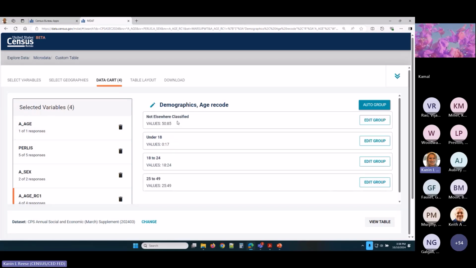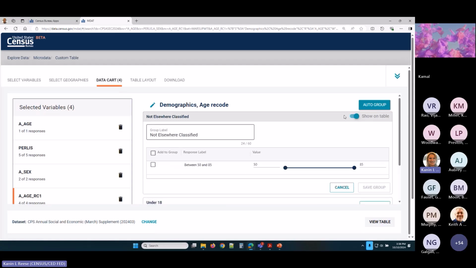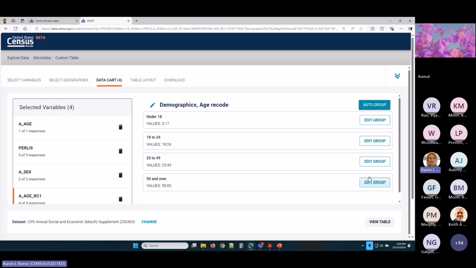And then the same thing, I have everything else as not elsewhere classified. I'm going to edit this group and make it a 50 or over group. So I'm going to change the label 50 and over. I could put 50 plus, I could put whatever I want. Make sure I click on that and it's 50 to 85. And 85 is where they top code it. So that's the end. And then we save it. Save group. Now I have everything from under 18, 18 to 24, 25 to 49, and then 50 and over